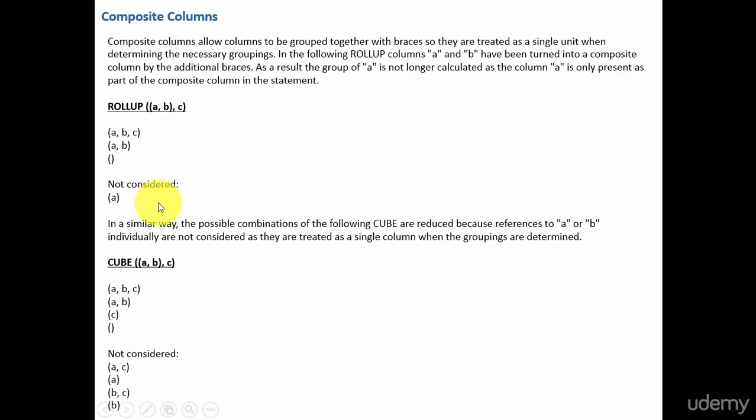Now what if we want to join multiple columns into one group? It's a cool idea, right? Yes, composite columns allow you that feature. Composite columns allow columns to be grouped together so that they can be treated as a single unit